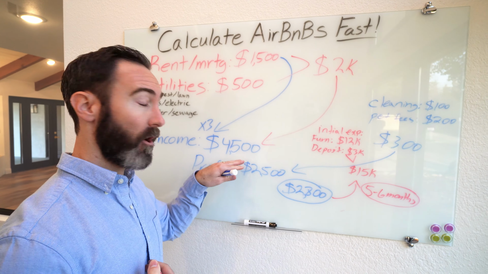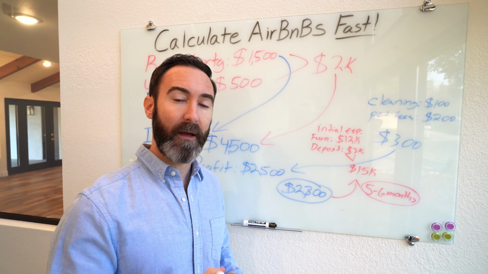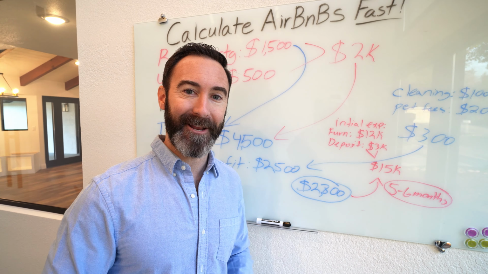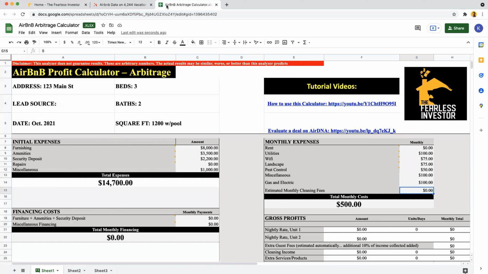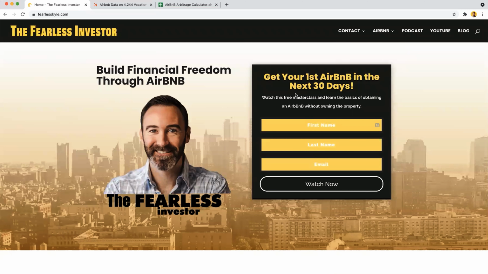But the $4,500, let's go ahead and show you how to solidify that by using my profit calculator and AirDNA. So we're gonna use 2 different tools here. One is AirDNA, and then one is my Airbnb profit calculator, which you can get absolutely for free